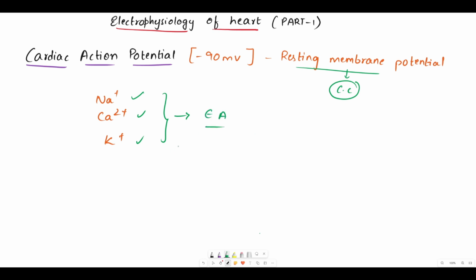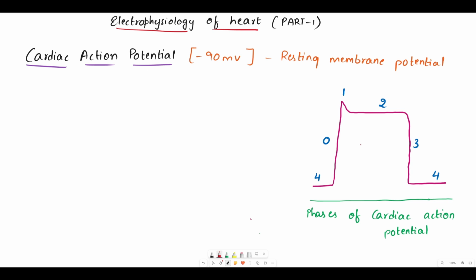Depending on the movement of these ions, they have been divided into different phases, that is, 5 different phases. Now let's discuss each one in detail. So here we have all the 5 different phases: phase 0, phase 1, phase 2, phase 3, and phase 4. So what happens in phase 0? Simply, in phase 0 there will be sodium channel opening,